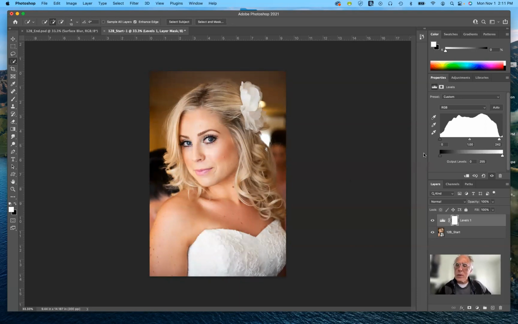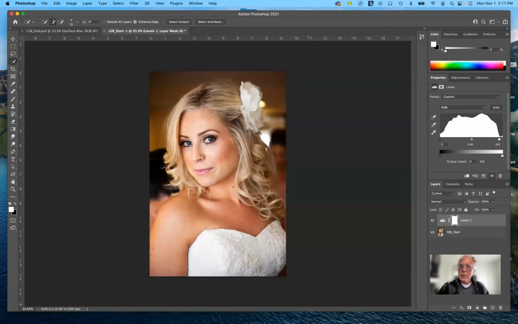The next thing we're going to do is change the midtones a little bit, and we're going to change it to 0.9. So I'm going to go back here. Make that adjustment just a little bit, and we're good to go. So now we want to edit a couple more adjustments, a saturation adjustment in